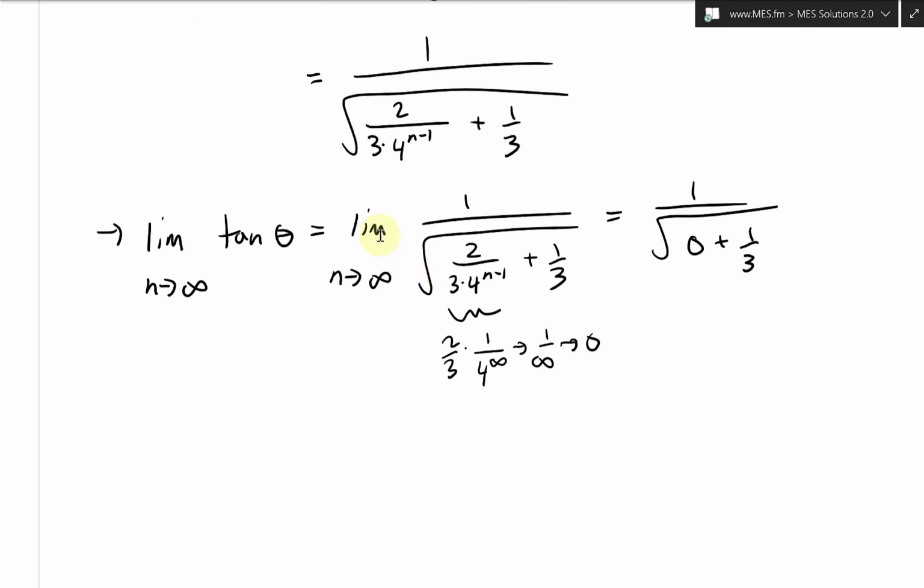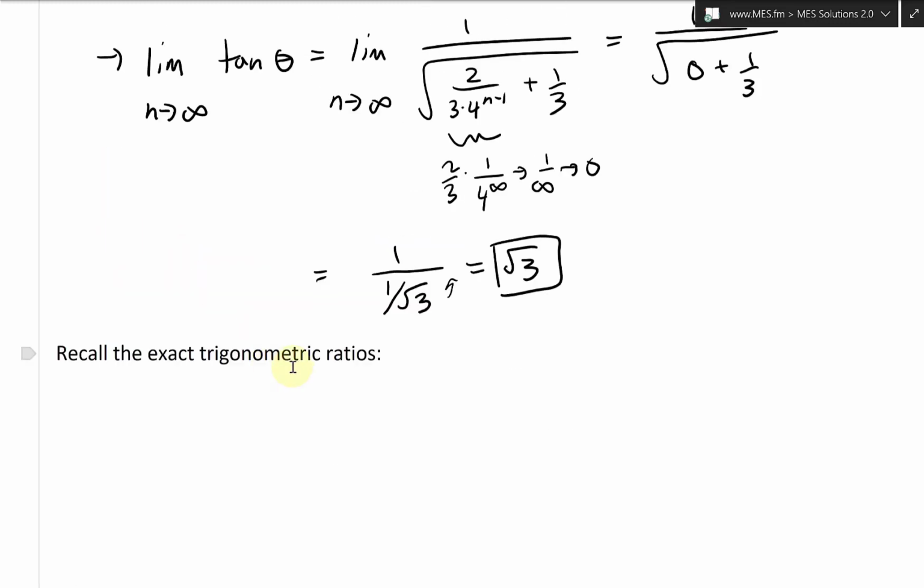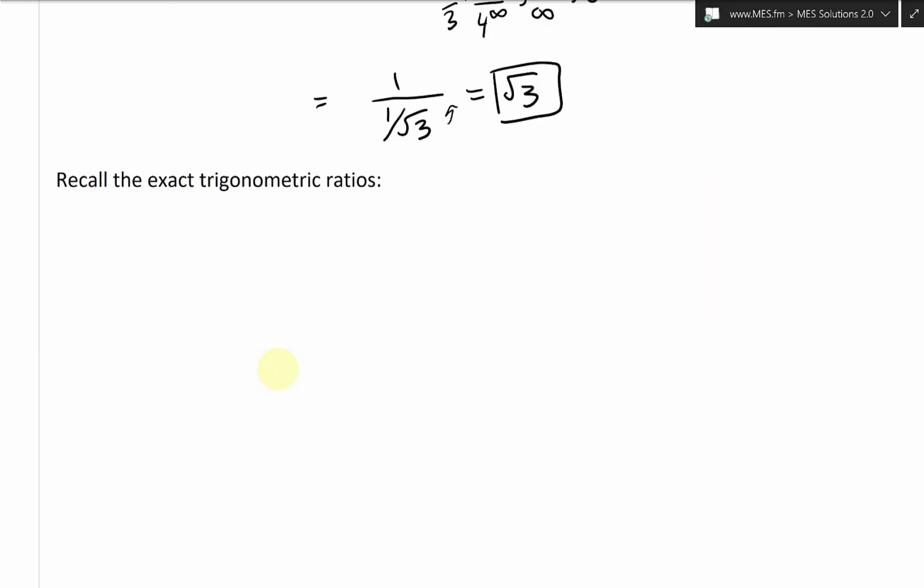And this equals 1 over, well, we can remove the 0, and the square root of 1 is just 1, so this can be 1 over square root 3. So 1 divided by 1 over square root 3, that's just equal to, bring the 3 on top, square root 3. And now if we just recall our exact trigonometric ratios,